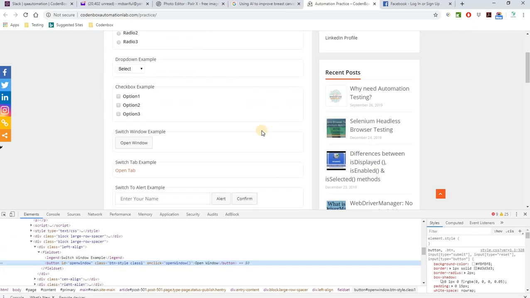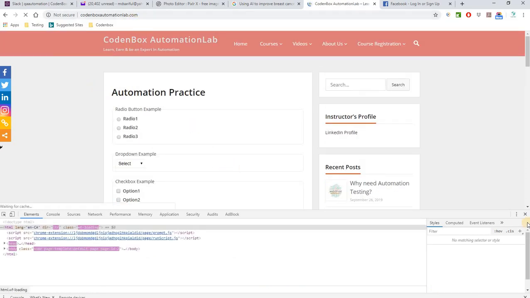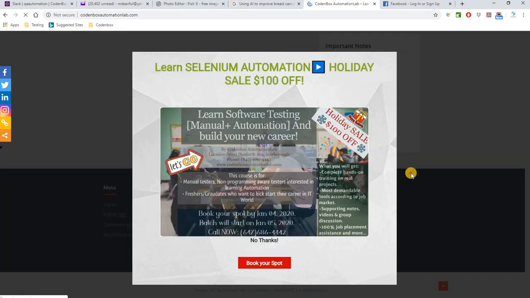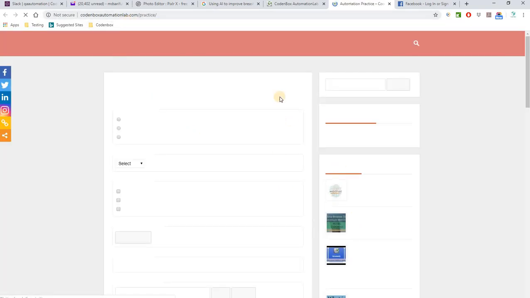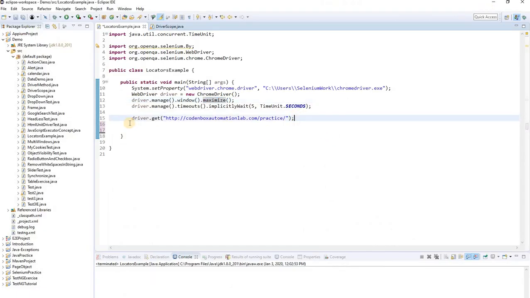If you go to codeinbox.com and go all the way down, you will see there is a practice link. So either way, you can go there, or you can directly come to codeinbox.com/practice. Okay, we'll do all of our practice in this page. So first we're going to launch the page, and after that,